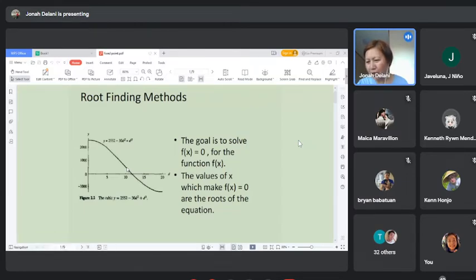from high school algebra, if you are told to solve for the root, you are to find that value of x which makes y equal to 0. So if we have a function, definition y equals 2,552 minus 30d squared plus d cubed, the root is that value of d that will make y equal to